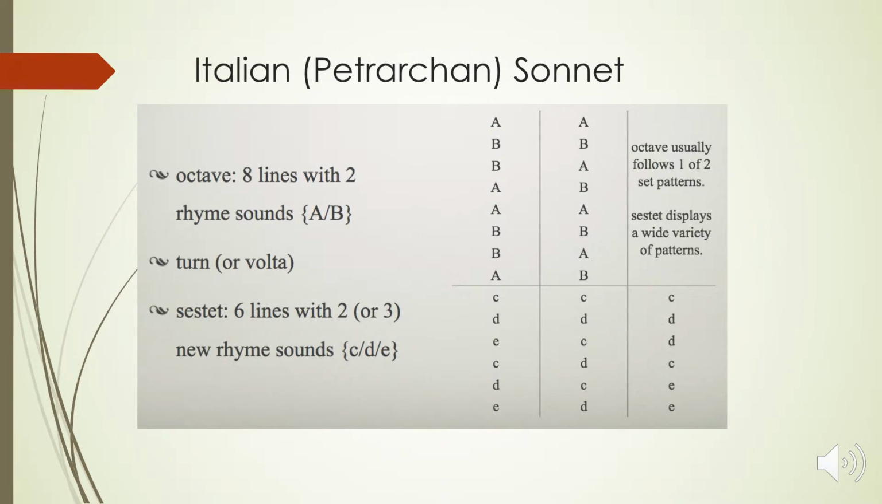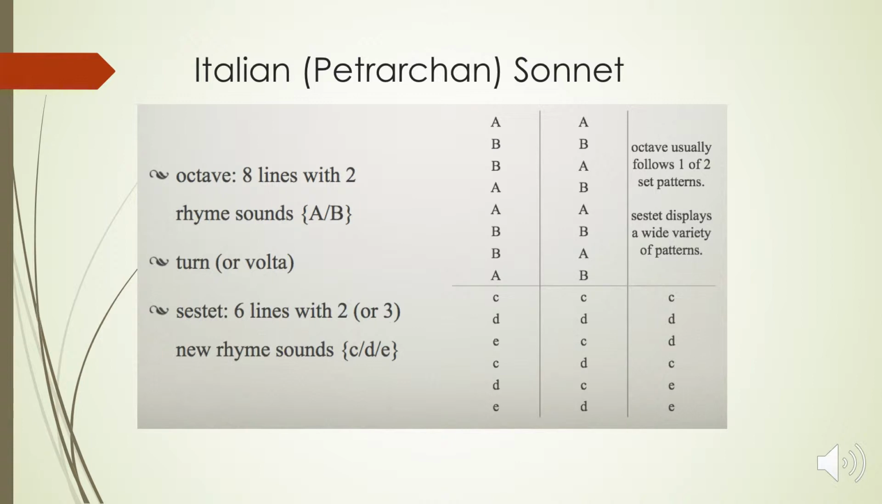The Italians, as noted before, were the first to develop the sonnet. And a typical Italian sonnet, or a Petrarchan sonnet, consists of 8 lines with 2 rhyme sounds in an A-B rhyme pattern. It goes A-B-A-B or A-B-B-A, A-B-B-A,